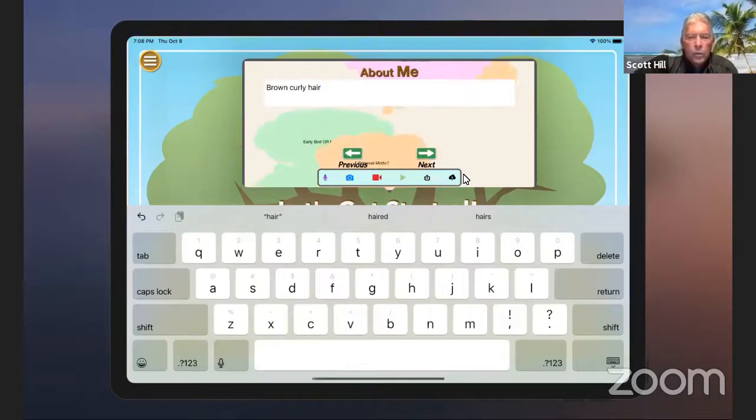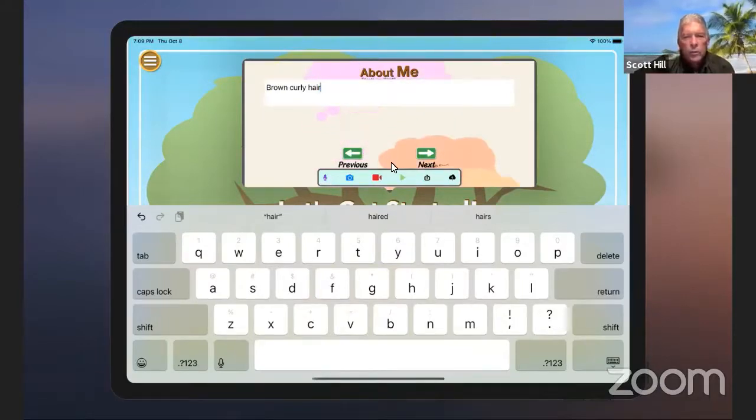The balloons that are scrolling by are actually just questions that you could answer about yourself. It gives you some ideas, like what book do you like to read, or your favorite type of museum? There's a whole list of questions that scroll by to give you some ideas of things that you could put. And then this bar at the bottom,